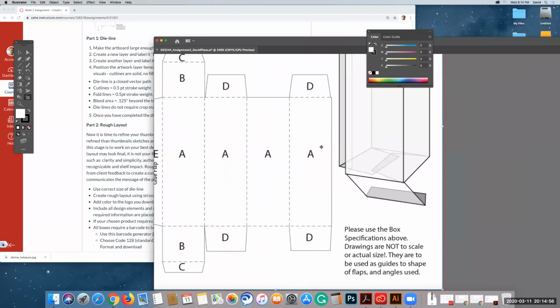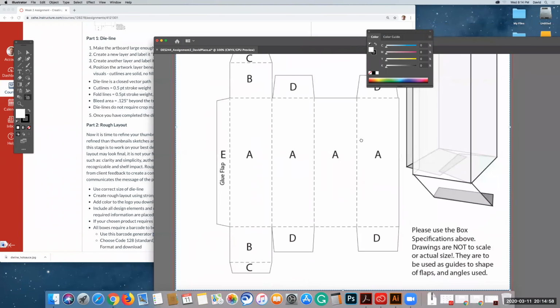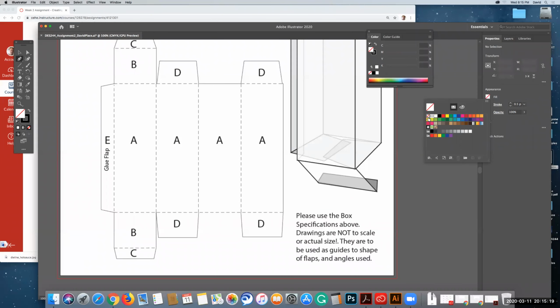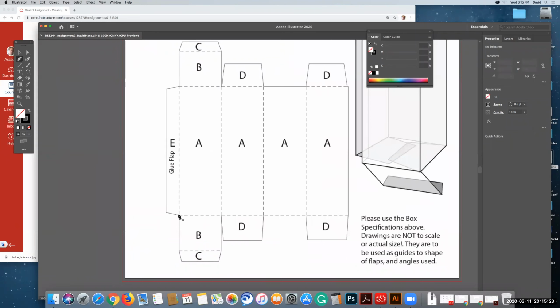So what I'm going to do here is I'm going to come in, I'm going to get my pen tool. You can use the line tool if you want, but the pen's going to be easier to work with. And I'm going to use my properties, and I want to have a 0.5 stroke right there. And we'll turn the fill off. We don't need any fill here. Okay. All right, and so what we're going to do is trace